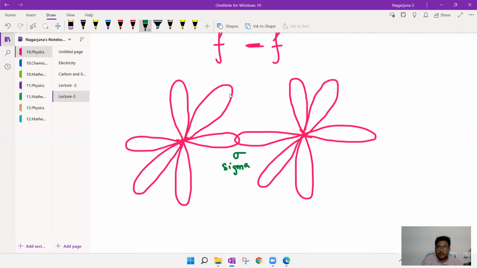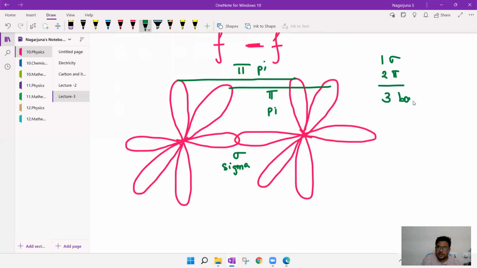If you can observe, I mean walls, these are walls. This wall and this wall will bond, which is known as pi bond, and this wall will bond, which is known as pi bond. Here you can see this is pi, this is pi. Here you can observe 1 sigma bond, 2 pi bonds. Total we have 3 bonds. So side by side you can observe 1 sigma bond. Walls you can observe 2. This one and this one you should not take count. So 1 sigma bond, 2 pi bonds, total will be 3 bonds.